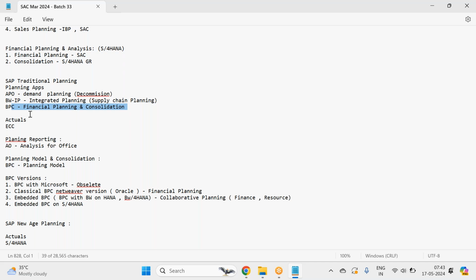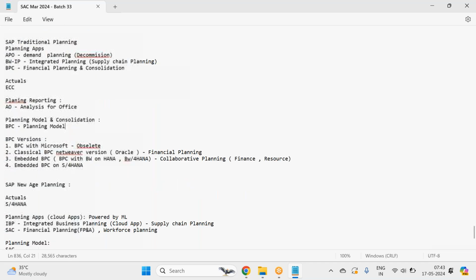Also, Analysis for Office has the write back functionality, guys. The planners will always access the data at the reporting layer in Analysis for Office and make all the data changes, all the data distribution at the reporting layer, and that data will be written back to your plan model. So that is how traditional planning works. The entire planning model is happening in BPC and Analysis for Office is used for planning reporting. Here the planning team works at the reporting layer, the technical team works at BPC, so they have a gap between the two teams' functions. This is how traditional planning works.